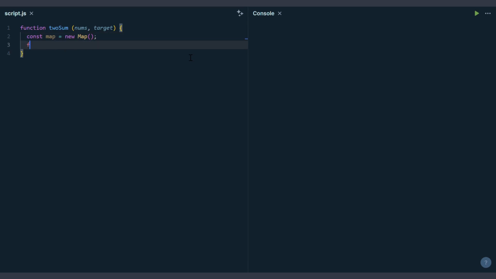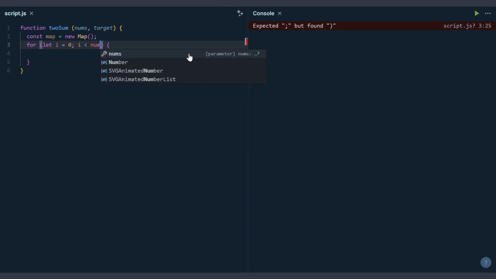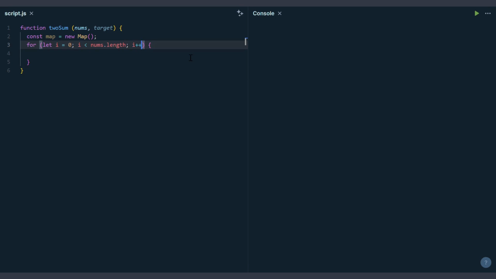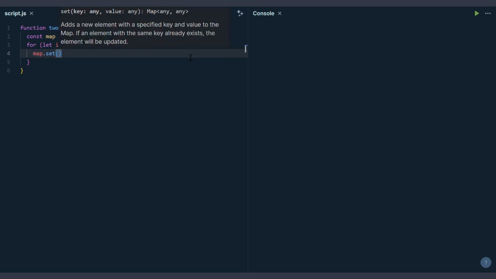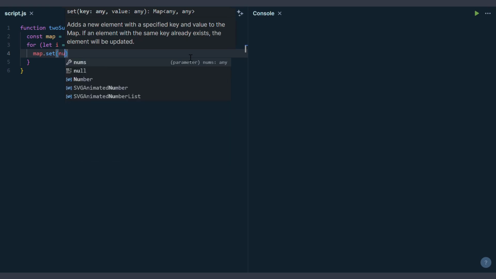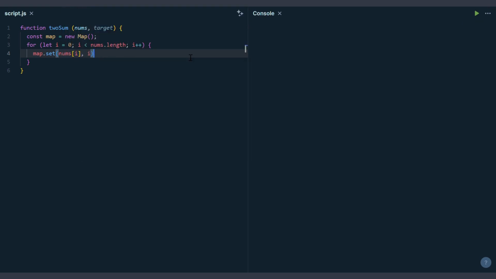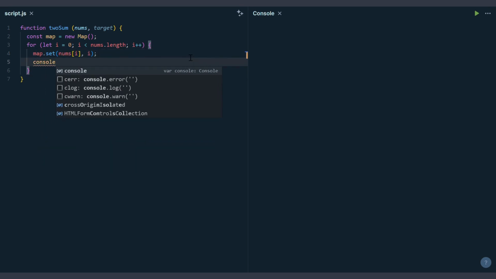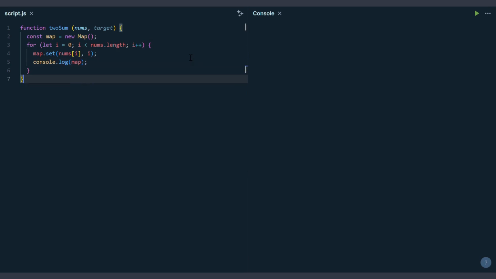Let's write a for loop to loop through the array. Declare a variable i, initialize it to 0, and until i is less than the length of the nums array, we will increment. Now inside the loop, we will store values into our map. You can add elements to the map with the set method, which is simply written like any other JavaScript method. Write the property name, in this case map, dot, the method name, which here is set, followed by parentheses, and in the parentheses we will write what we want to store in it. We want to store the array element at the current index and its index. Let's output it to the console.